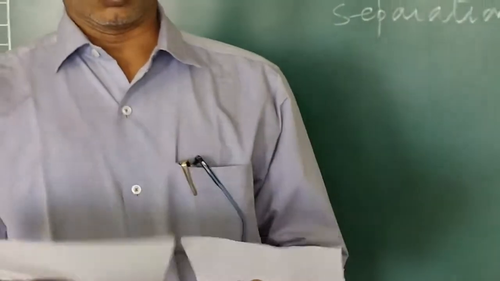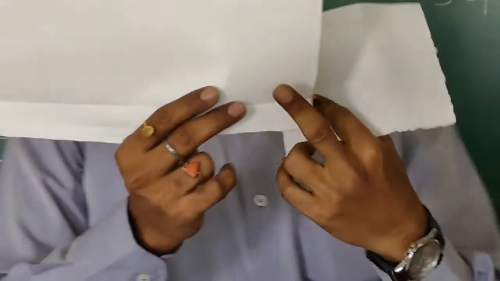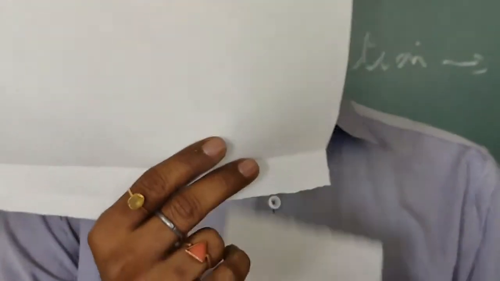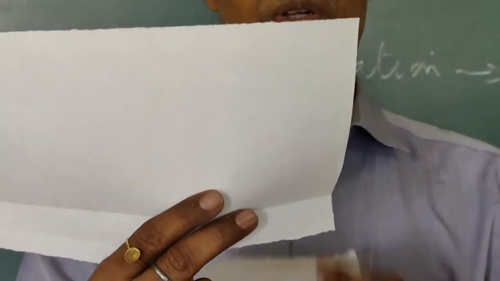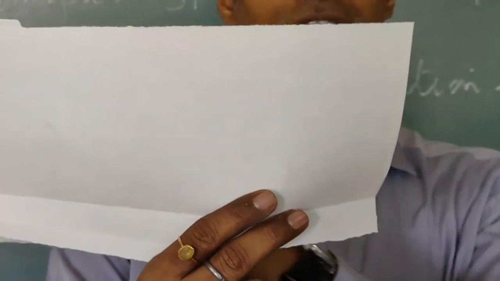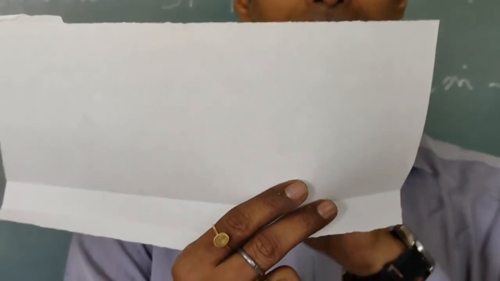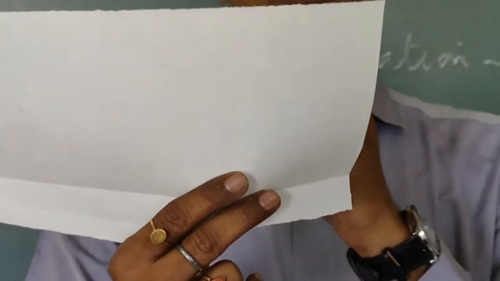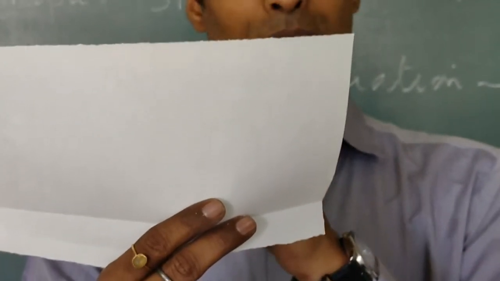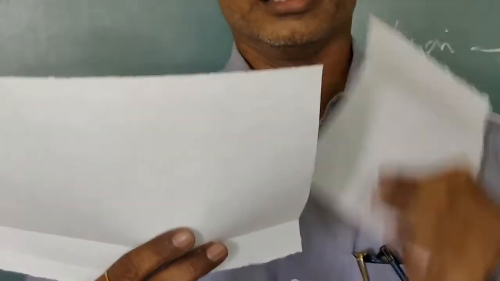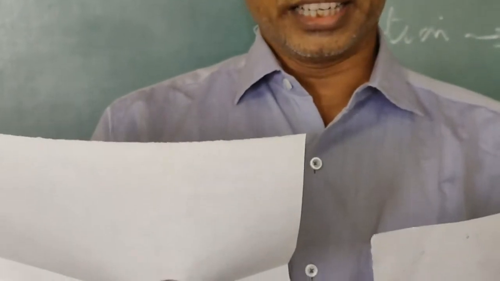If we see the orientation of the fiber, specifically in this Whatman filter paper, if you see the arrangement of the fiber, we may not be able to even recognize the differences, how uniformly the fibers of cellulose are present in this Whatman filter paper sheet. So we want such uniform fibers which should not allow the disturbance of the mobile phase while it is trying to run in the upward direction or the ascending direction.